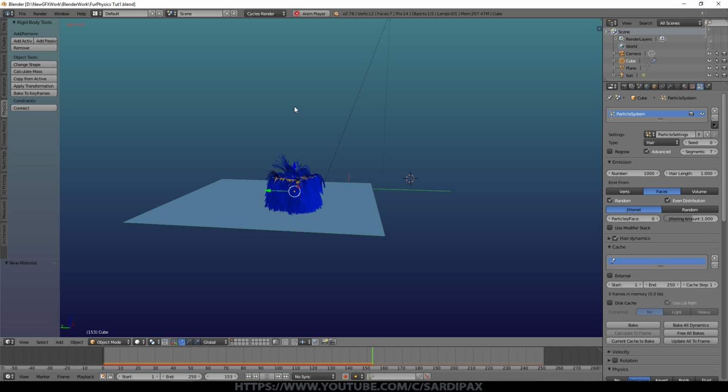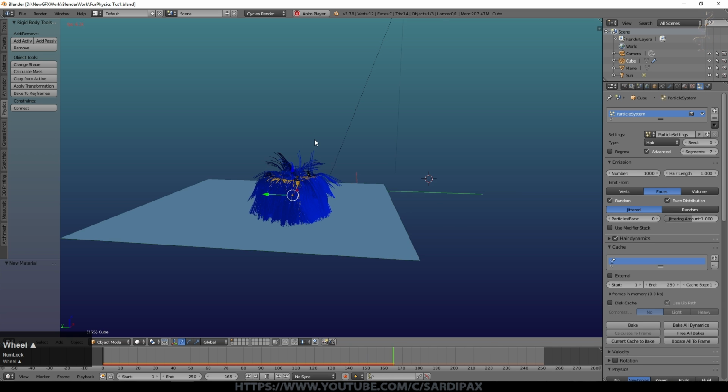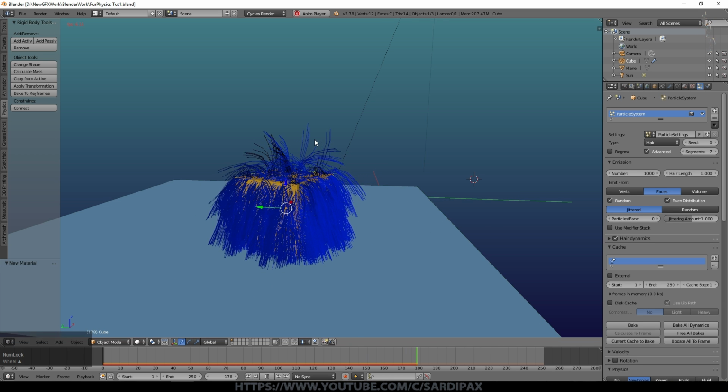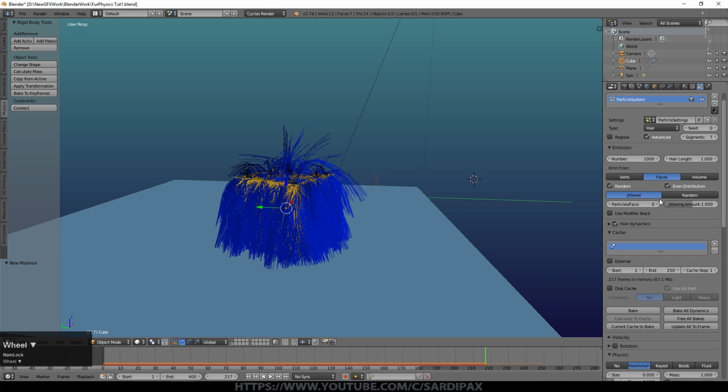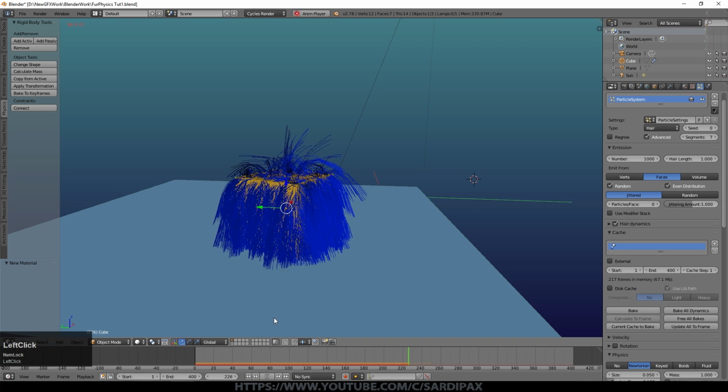You can see they have a certain stiffness because the ones on the top particularly are sticking out, and they're just settling down. So I can see that I would need more than 250 frames to get this to settle properly, so let's set this to 400. Make sure under your cache for your hair that the end point is the same as the end of your animation, assuming you want your hair particles to animate all the way to the end. So I'm going to set this to 400 as well. And then we can just click play to carry on animating.